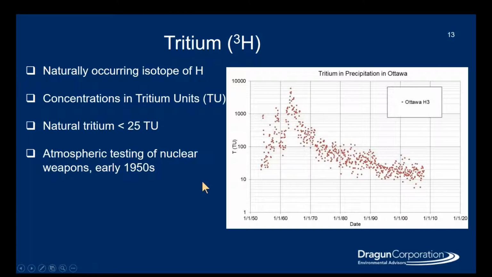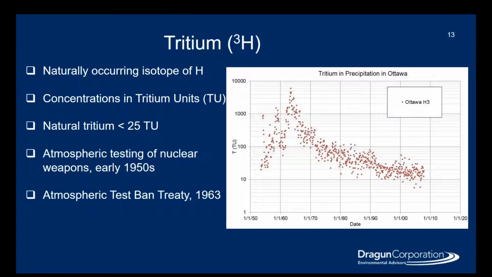Then in 1963, the USSR and the United States signed the Atmospheric Test Ban Treaty, and as a result, there was limited input of anthropogenic